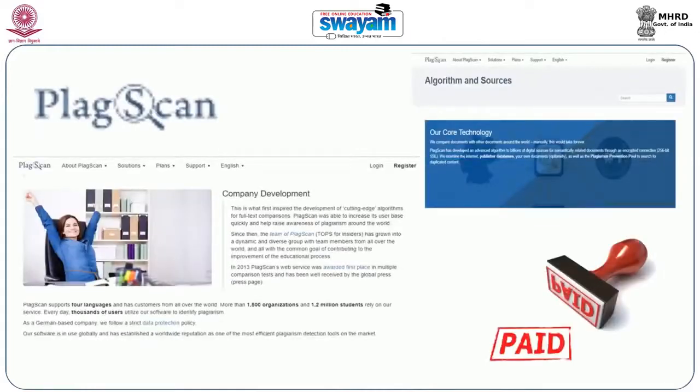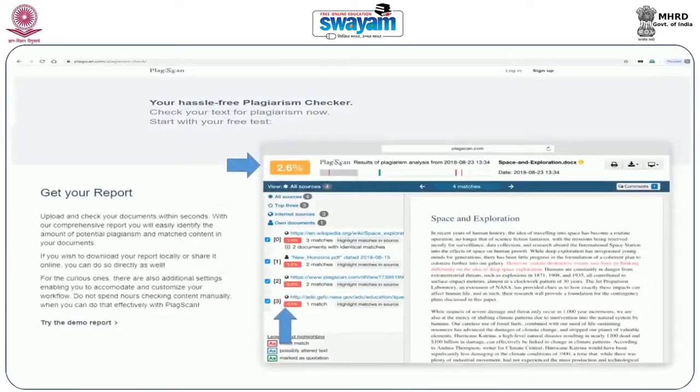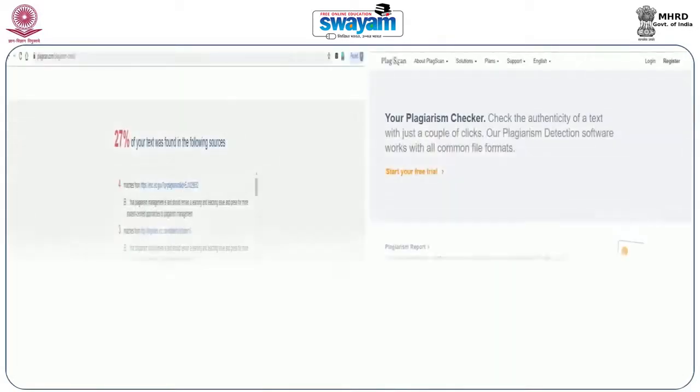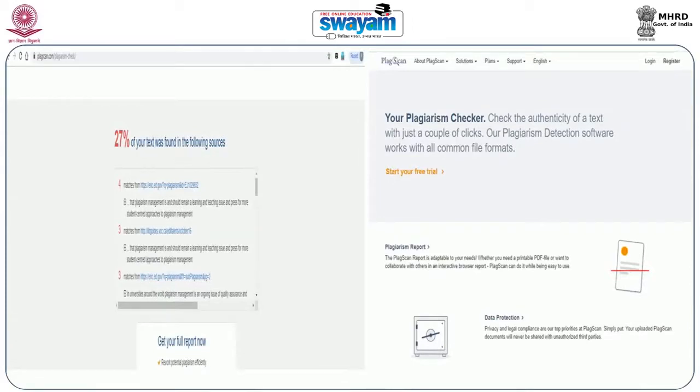Next we will be checking other tools also, like PlagScan. I have discussed the PlagScan software with you. It was launched in 2009. It has around 14 million content items available in its database. It is being used by 1.2 million students. PlagScan also has some features related to similarity content checking. Similar to Viper, you are required to create your account in PlagScan also, and after uploading the document, you will get the report generated by the software.